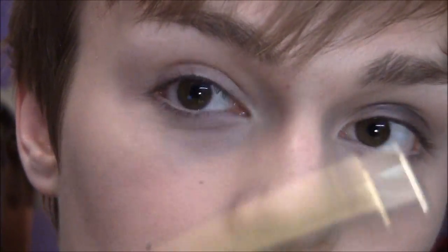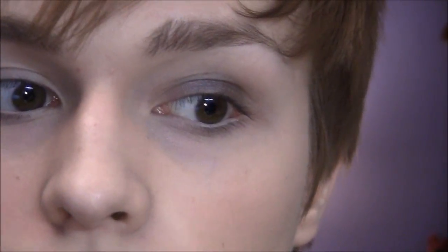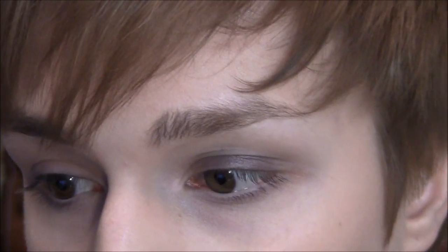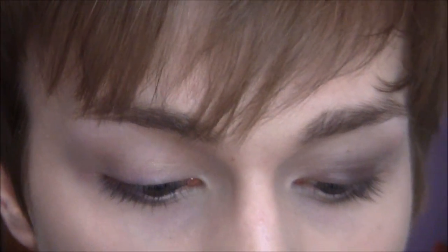And then I used my Milani concealer just for underneath my eyes. And I don't really need to conceal anymore on my face, maybe around my nose, but I'll decide to do that later maybe. For my eyes, they used, well, I'm going to use this first, but this is the Maybelline